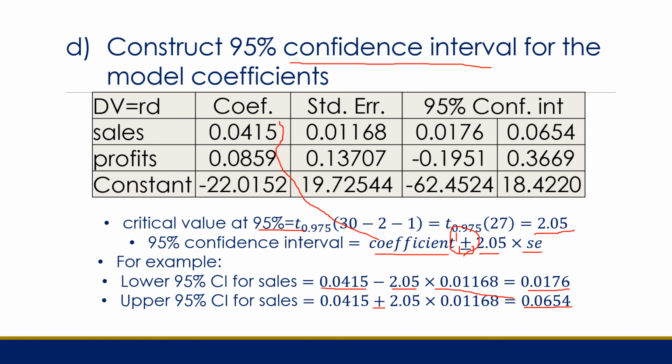Now, one of the things you will notice is that for the first one, 0 is somewhere on the left of this value. But here, 0 is somewhere in between because this is negative and this is positive. So 0 is somewhere here. In the same case here, because this is negative and this is positive. So 0 is somewhere in between them. So these two are not statistically significant. The profits variable and the constant are not statistically significant in predicting the expenditure of R